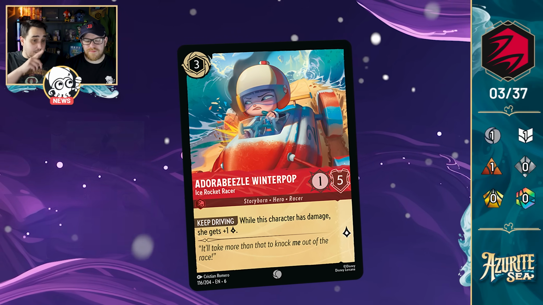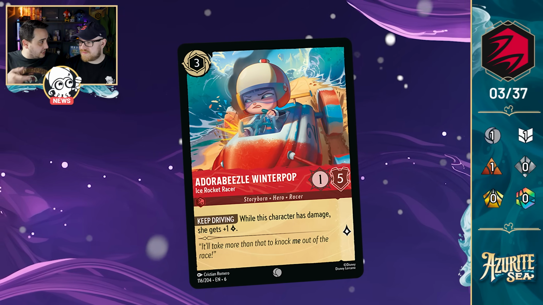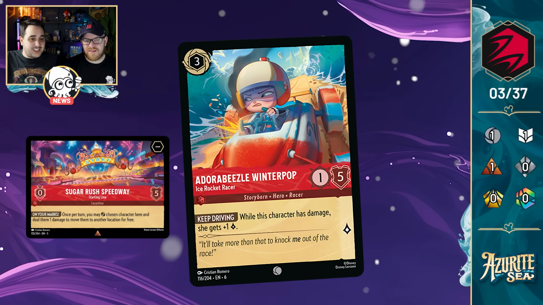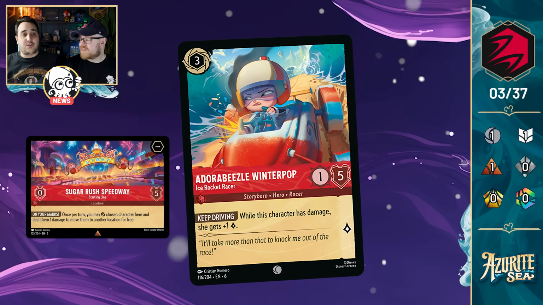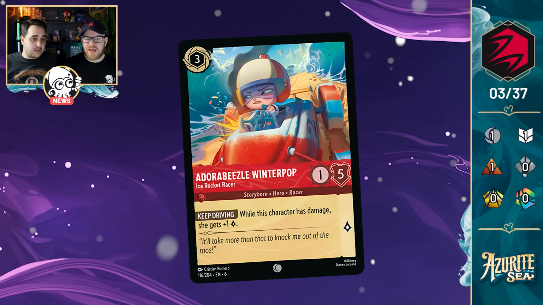Yeah. But what is interesting about this as well is if you remember the synergy with the damage going inside the Sugar Rush Speedway. Yes. So she works quite well driving inside that and getting the effects on top. But I don't have much to say about the card. I think it's an interesting one. I don't think I would use it, but...